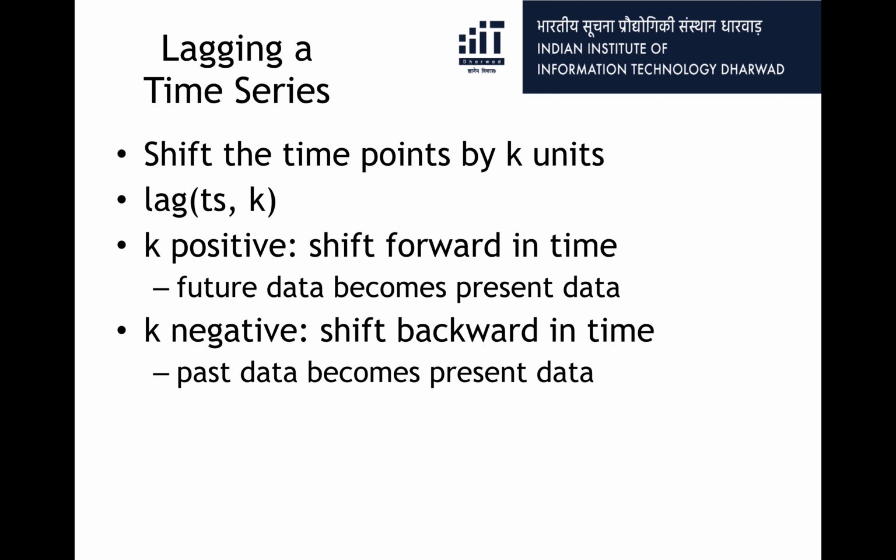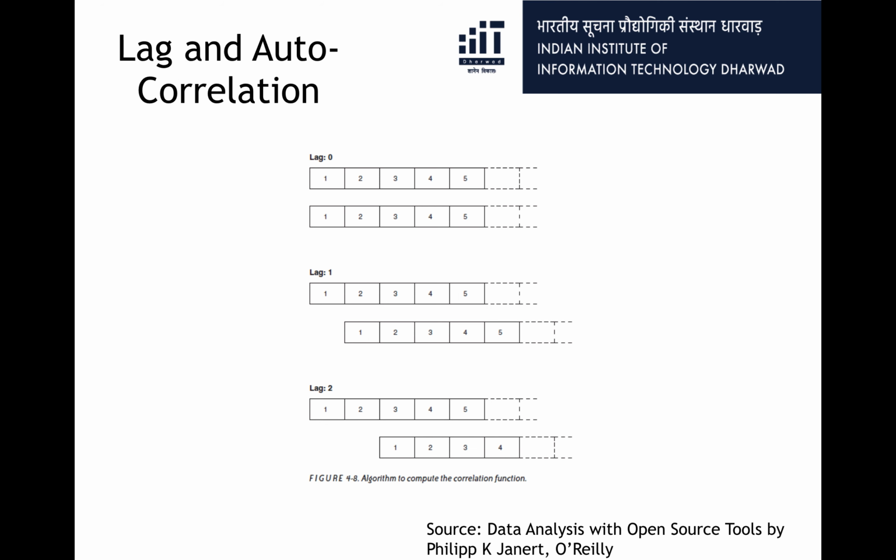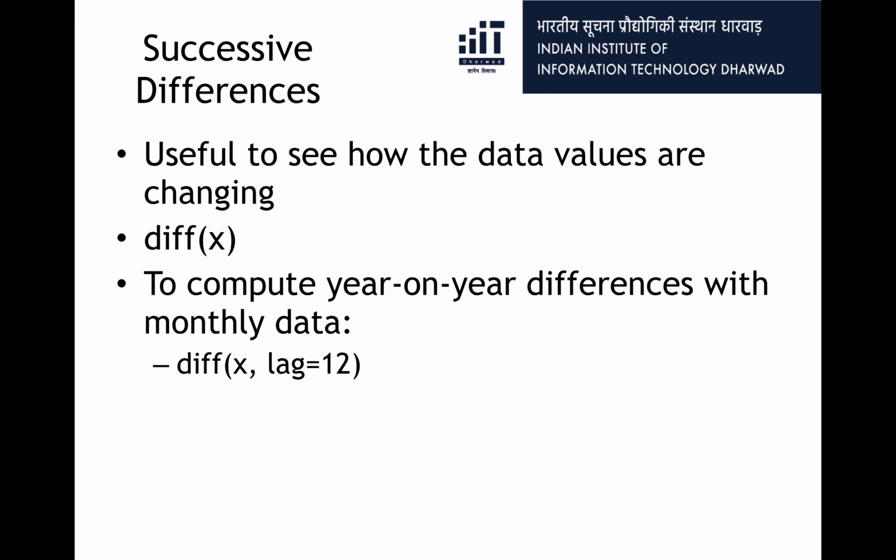There is also another function called lagging that we will use later in this module, and that function actually does a shift. It's like a left shift or right shift in time. So what happens if I shift the time series by a few points in time? If you give a positive or negative value, you're shifting forwards in time or backwards in time, right? So this is illustrated here in this diagram in the book. Lag 0 means another copy of the same data. Lag 1 means shifting one time element to the right. Lag 2 is shifting two elements, and so on, right?